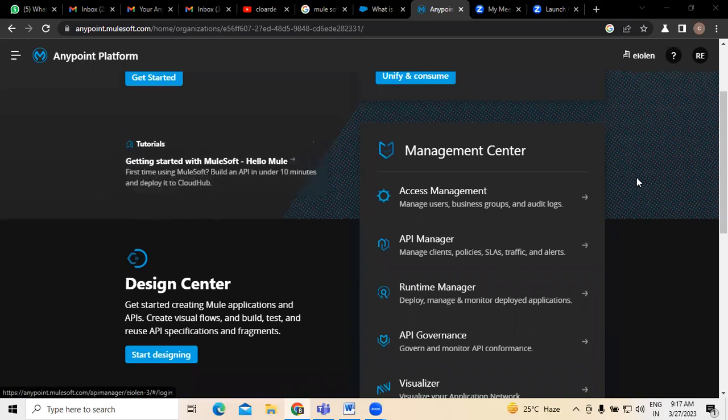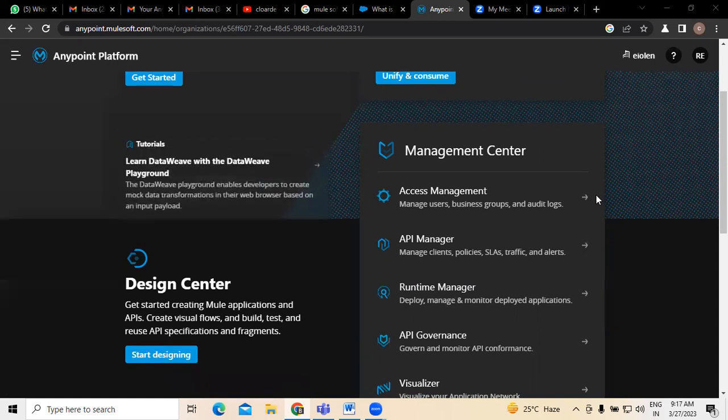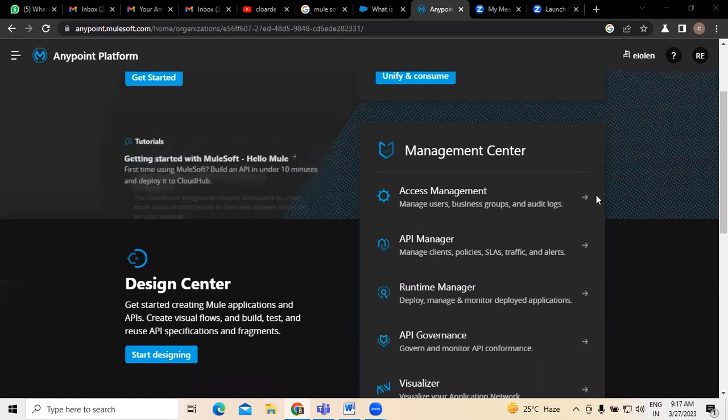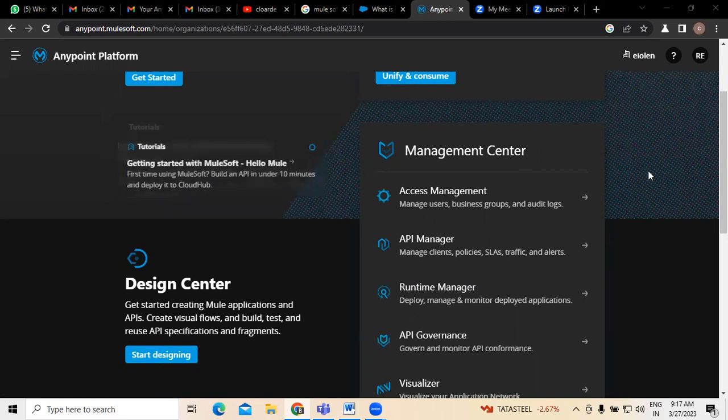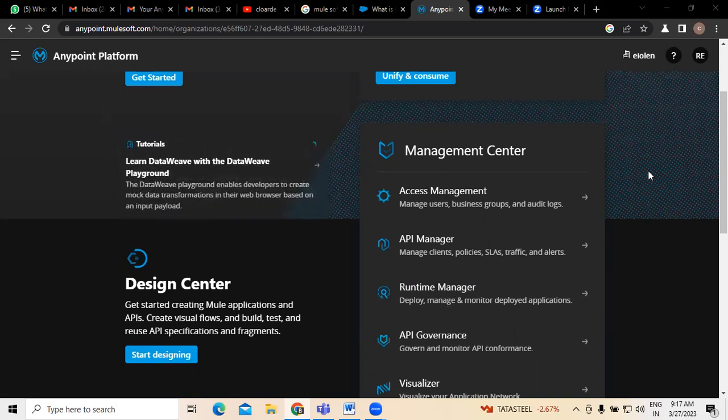Along with that, there are management centers where you can manage accesses and manage users, because users may be anyone, and how many users we have depends on the kind of users we have taken so far. Based on that, we can see how many users we are using and what the different business groups are. Followed by this, audit logs happening at regular intervals can be handled using this access management. At the same time, API Manager is also used for that,